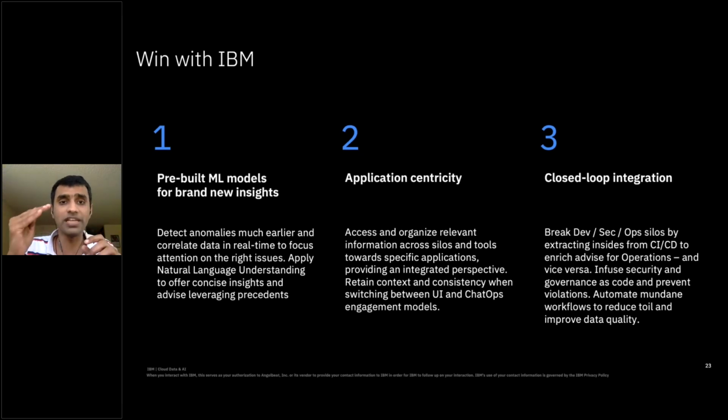It's not just Watson, it's domain specific AI models specifically for your IT operations and management. We talked about moving away from infrastructure to application centricity, providing a single view of the application, like the soccer ball which we saw. How it uses all the data sets together to provide that comprehensive view, so that you could act similar to how your business wants to act, and not like how we were all taught about managing infrastructure. Finally, the closed loop DevSecOps, making sure that you are able to work as a team together,